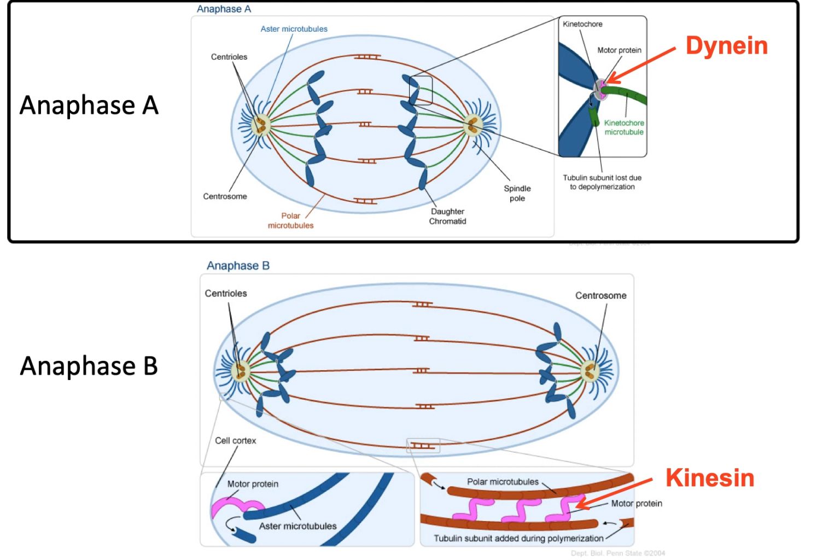So anaphase A consists of the chromosomes being pulled to the ends of the cells, to the poles of the cells, by the kinetochore microtubules, which have attached to them a motor protein called dynein. So the dynein is walking along the microtubule